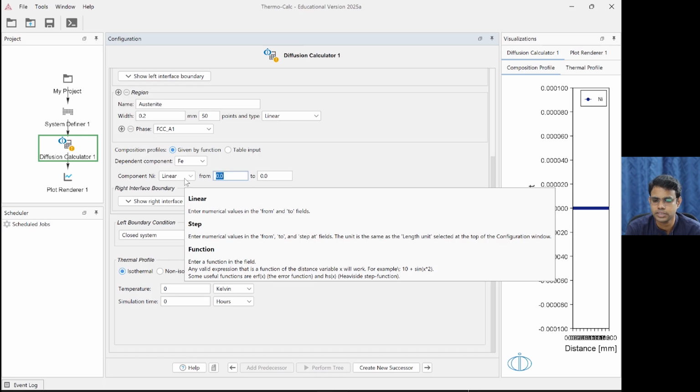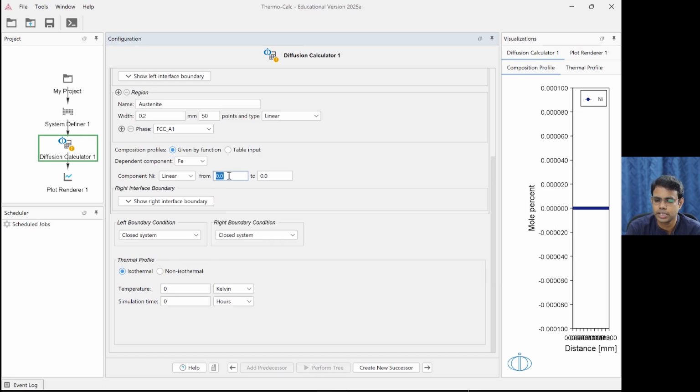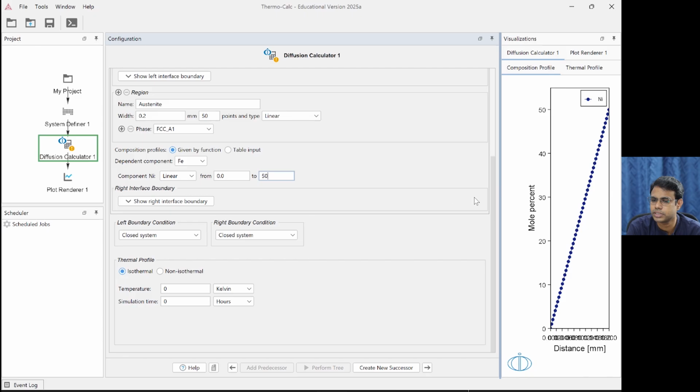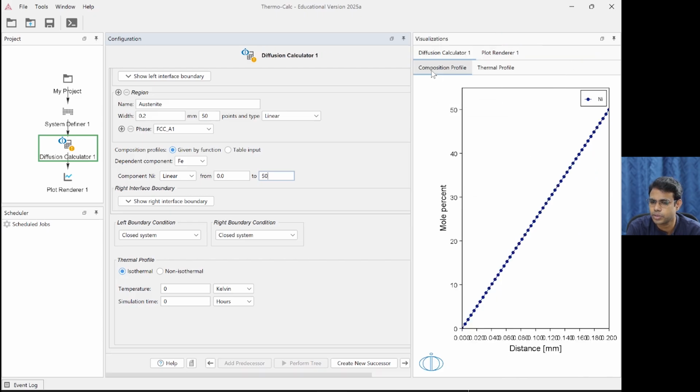Okay, so we have set up this linear now. Then we can give what the values are here, from what to what. That is in linear form. It will go from 0 to 50. 0 here, 50 here. The moment we enter this, in the right side visualization window, you can see a composition profile tab appearing with this picture, where mole percent nickel is going from 0 to 50 like this, over this 0.2 mm.